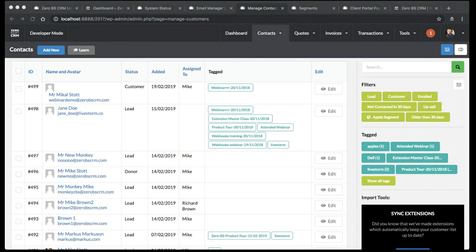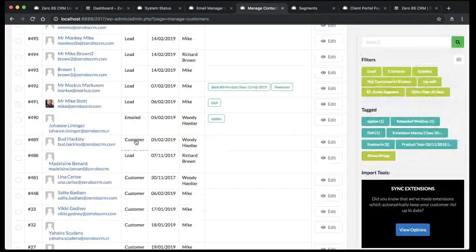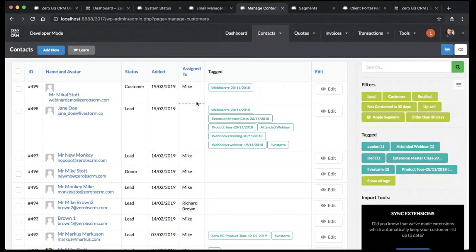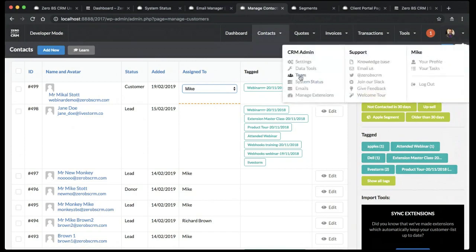Okay, so if you're distributing leads to your dealers, then effectively your leads would still be the contacts. So where I've got this list of contacts, these are your leads. So these are some example leads in here. So there's a ton of leads, and then you see here that I've got assigned to Mike, and then there's different, these are CRM users. So these are people in the CRM with a specific CRM role. So if I go to team,